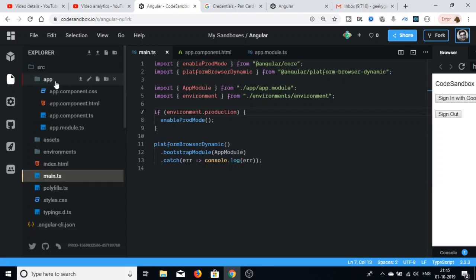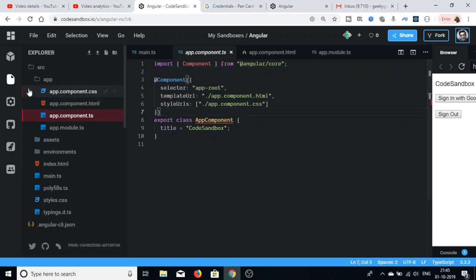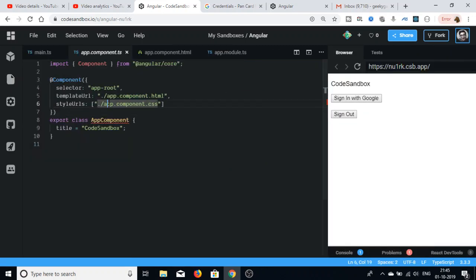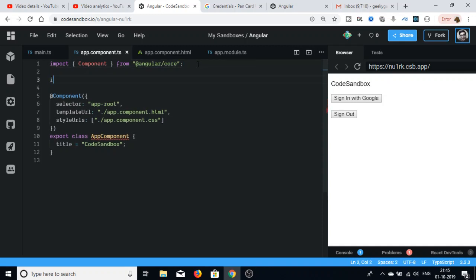It is there in the app folder. So app component.ts file. So just go to this file and we need to write some code here. So the first thing will be the same. We need to import the component, and the second thing we need to write here, import